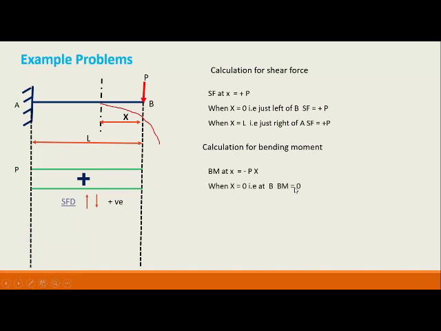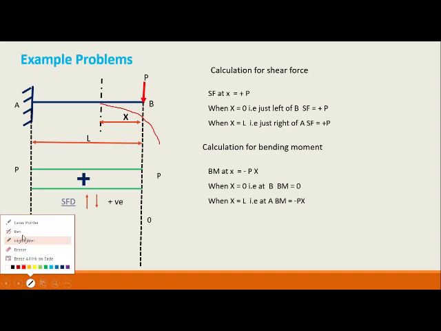So let us next consider when x equals 0, the bending moment will equal 0, just put 0 at x. And then when x equals L, that is, we are going to calculate bending moment at A, it will be minus P into L, sorry, it will be PL. So it will be 0 here, minus PL at the support. So let us make a correction here. It should not be Px, it should be P into L.